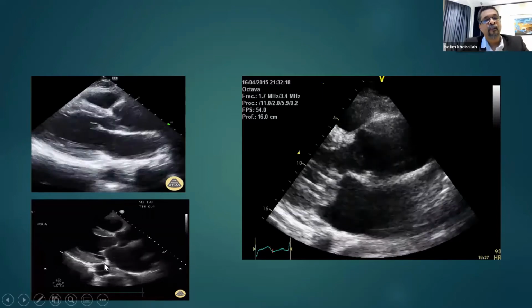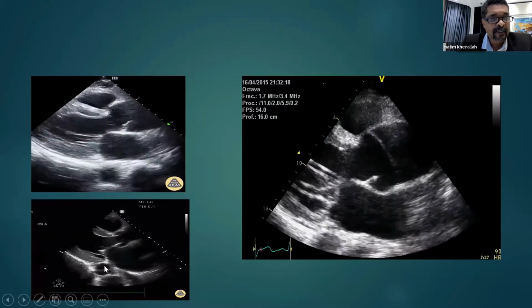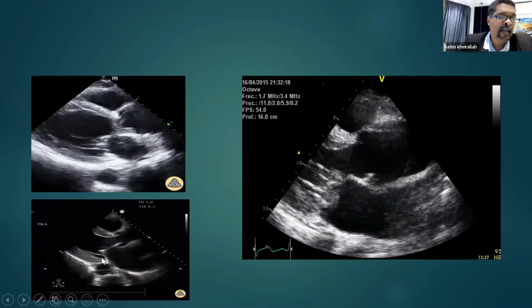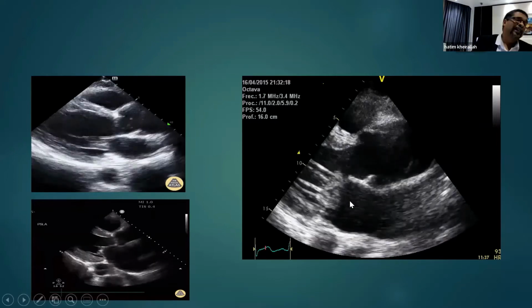Okay, so don't forget to look down here. Okay, so now here, this is dissection type D. This is type A and this is type A. So in dissection,